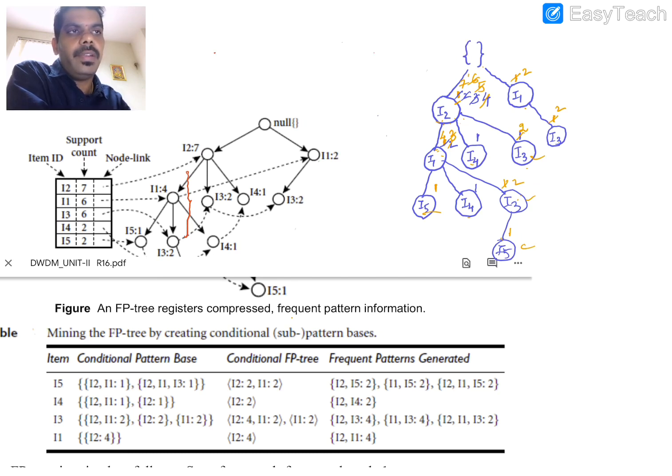And after constructing the FP tree, for each and every node we have taken the path, and from that path, whatever the items which are satisfying minimum support, they are considered for the conditional FP tree. Then by combining with a given item we are going to generate the frequent patterns. So this is the way we generate frequent patterns, and this is the FP tree algorithm.